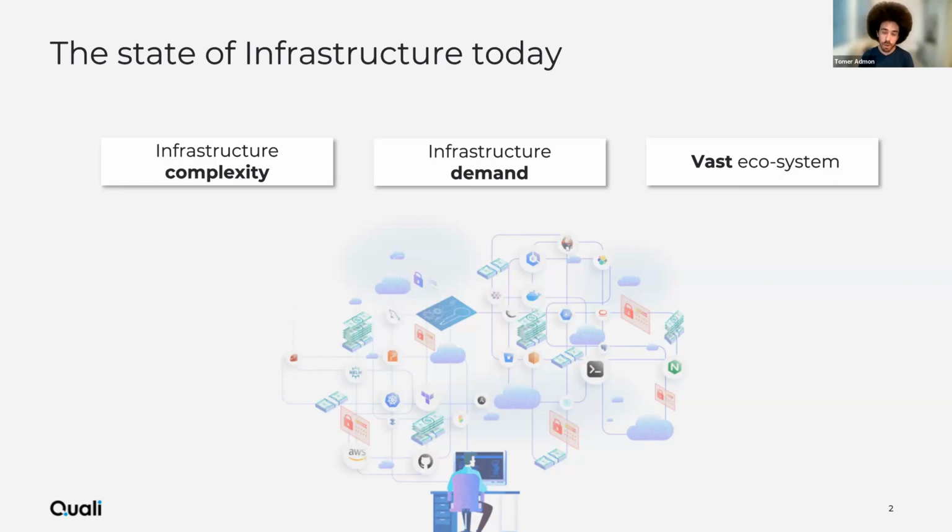And the last point is that the ecosystem grows. So you might need the infrastructure from a billing system. You might need that from your CI/CD system. It might be someone from the finance team that needs a VM. It might be a Jenkins or an ITSM process that needs that. Everyone needs environments. Everyone needs infrastructure. And at the end, that's the core of the business.